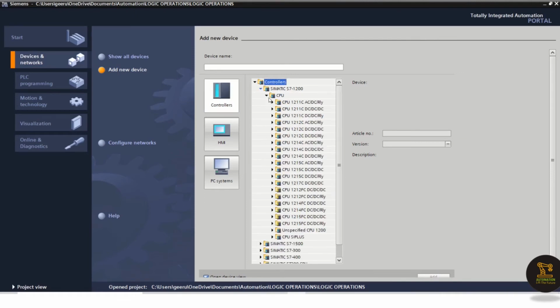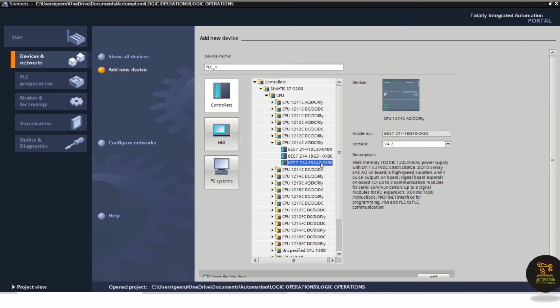In 1200, we have a CPU Saturn series, and presently we are working with 1214C AC/DC relay. In this we have to select the last one, because this is the article number of the product I have.